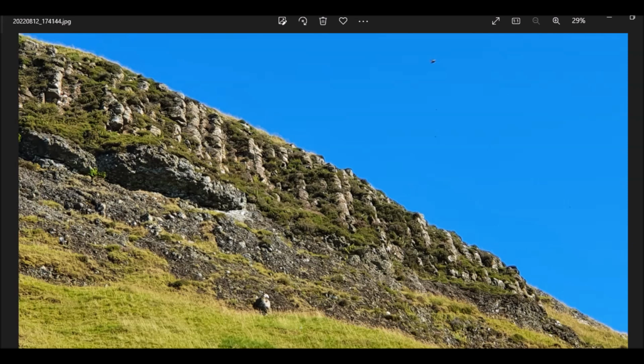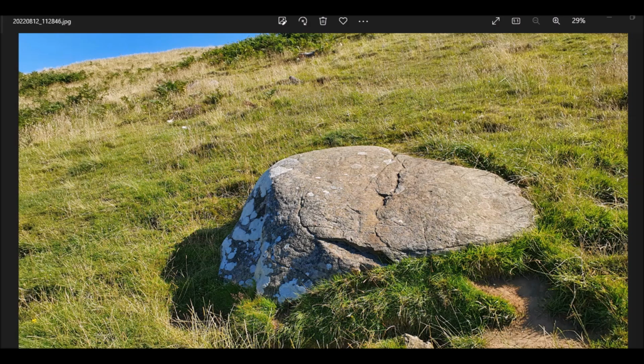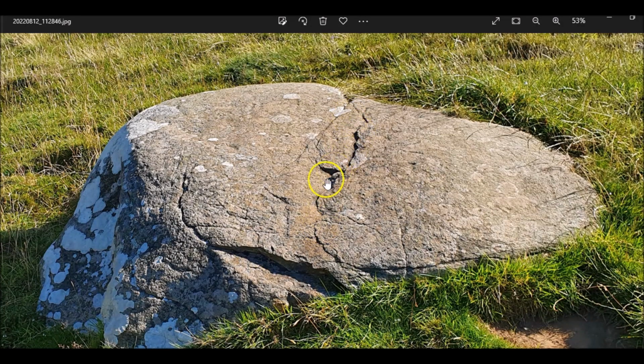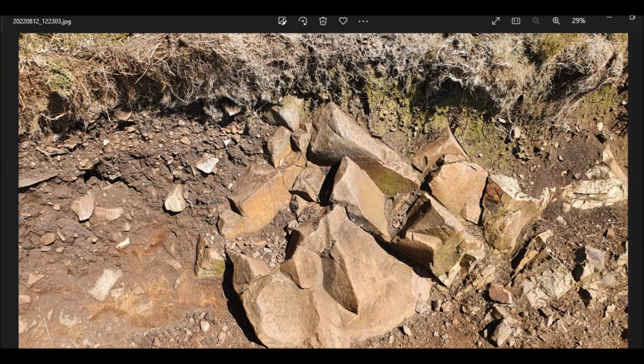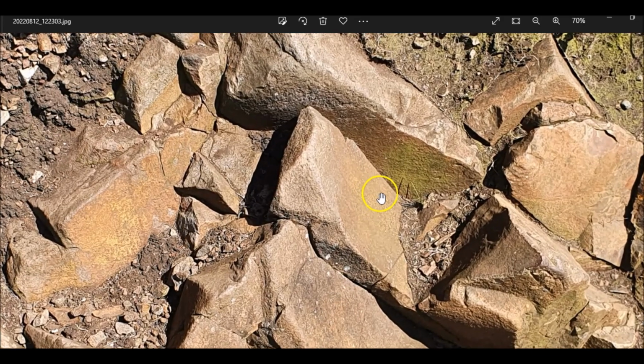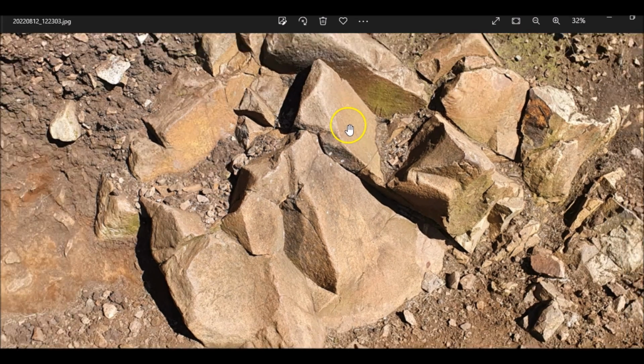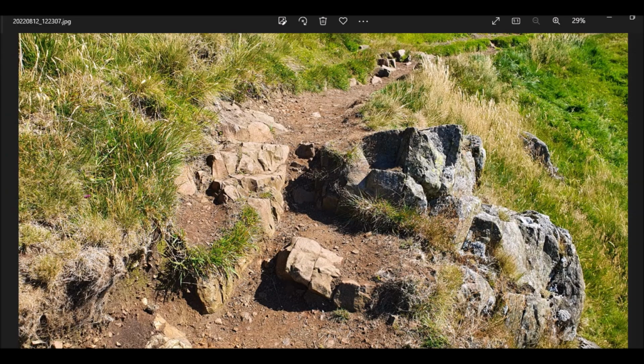Well, that's the slideshow finished. We'll see what else I've got here that I picked up with the cameras. Oh, there's rocks lying all over the place. I take all sorts of pictures. And there's rocks of all shapes and sizes lying all over the place. You can see this splitting into layers. And I don't know what this looked like before it broke. Oh, flat edges. I don't know what would have made it like that.